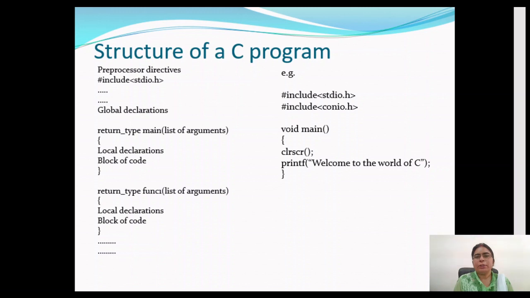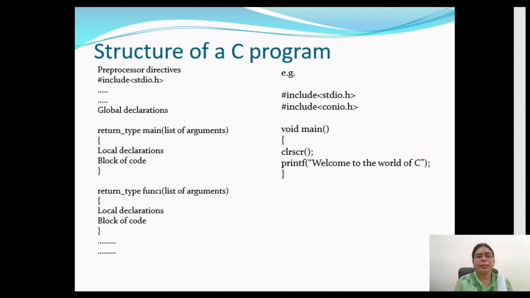We pass a program to the compiler. What is the reason for it? The compiler converts the program from a high level language to a low level language, that is the machine language, because the computer cannot understand the high level language. So for actual execution of the program, it needs to be converted to machine code. This is the job of the compiler, to convert a program written in a high level language to a lower level language. Before that, the program is passed to a preprocessor for processing some of the commands. So preprocessor directives give the command to the preprocessor about how the file should be prepared to be passed to the compiler.